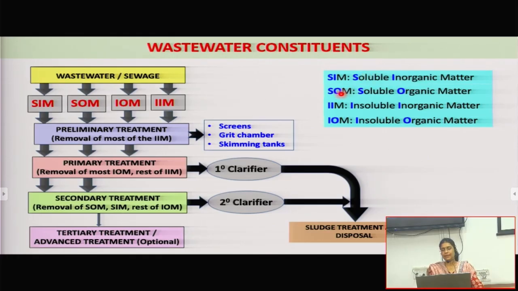Soluble organic matter is nothing but all the other organics, and I can't just name 1 or 2. There's like a bunch of it. It's a huge list of organic compounds, okay, from simple to naphthalene or very difficult to degrade polycyclic aromatics, everything would come there. Insoluble inorganic matter, can you name anything? Sand, silt, clay, all that will come. Insoluble organic matter?